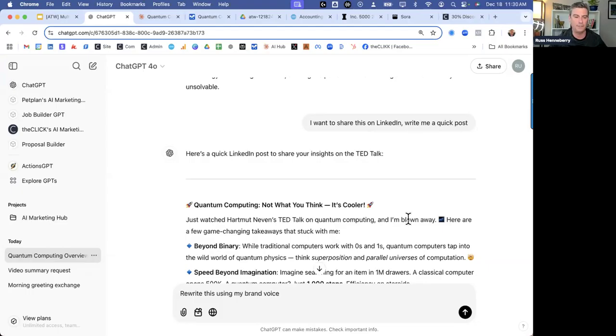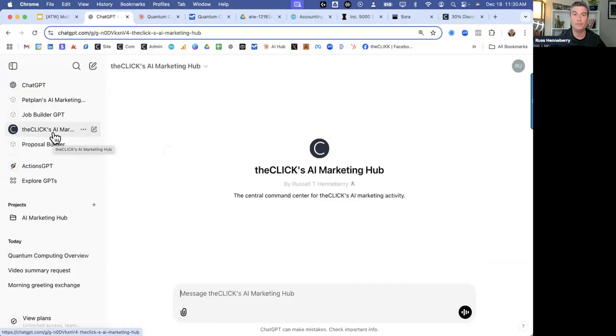And it would do that because you've got your AI marketing hub in place, and that hub understands your brand voice, like that particular version of ChatGPT.